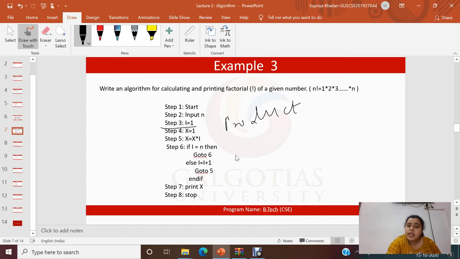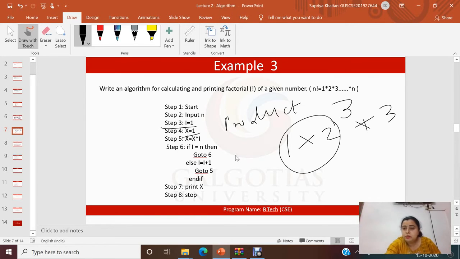So let's say I is equal to 1 and x is equal to 1. So basically what we are doing is, let's say if we have entered 3, we need to multiply 1 with 2 and then we need to multiply it with 3, right? So this needs to be multiplied with I plus 1.